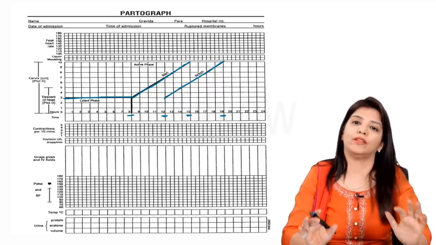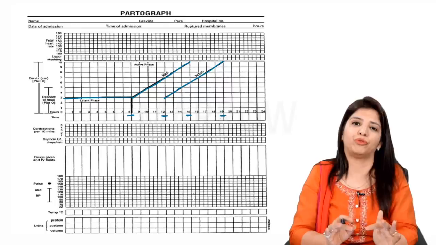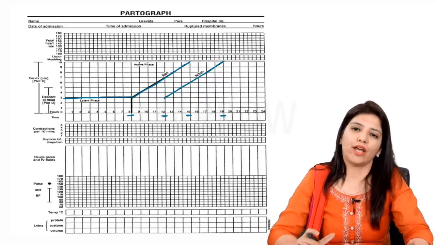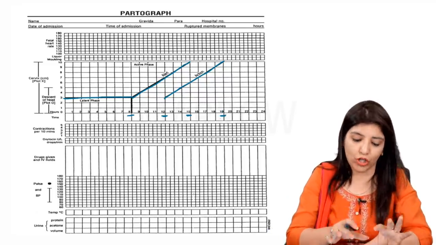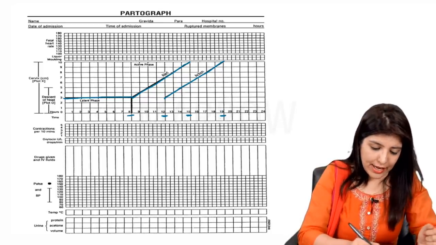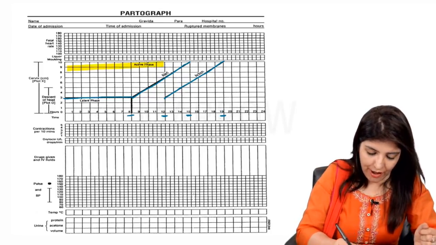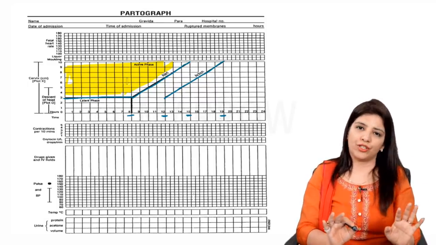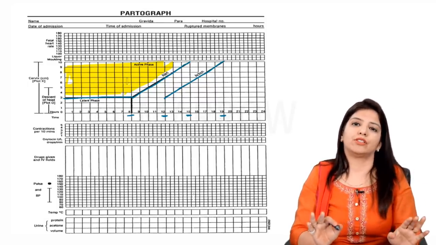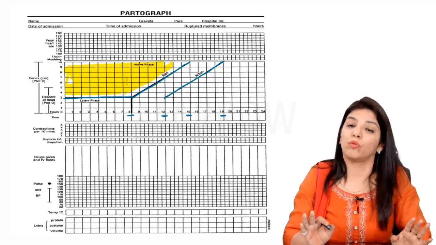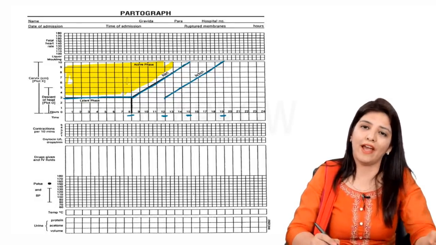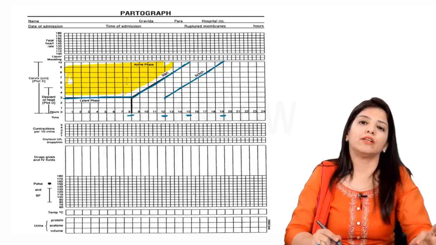And what you will have to do in the labor room is, you will have to plot the progress of your patient. Right? So, as long as the progress of your patient, which you will be plotting on this partogram, remains towards the left of alert line, right here, anywhere here the progress of your patient is coming, till that time labor is said to be progressing normally. So I want all of you to write that. Till the time the progress of the patient is towards the left of alert line, labor is said to be